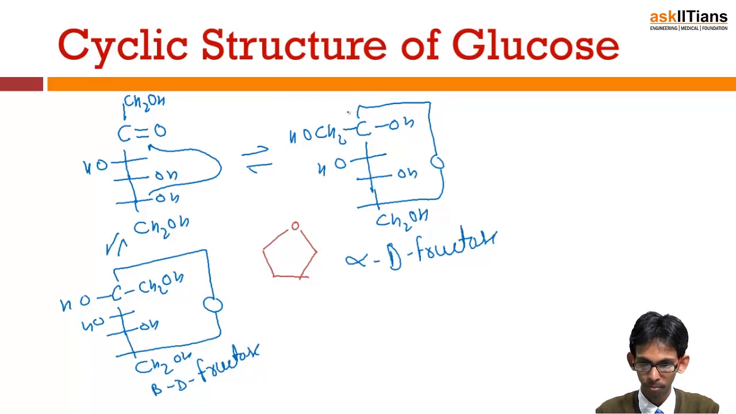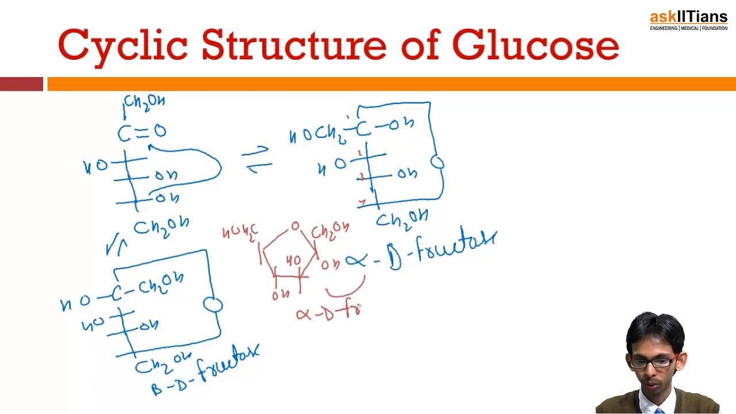Carbon number 1, 2, 3, 4. So CH2OH here, then OH here, this OH on this side, then OH, then CH2OH. This is alpha D fructofuranose. This is called furanose form because its structure is similar to furan, and in case of glucose it was pyranose form. And for this, if we want to write it, it would be like this: